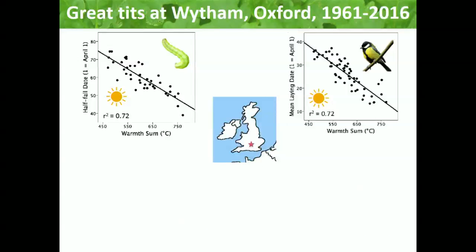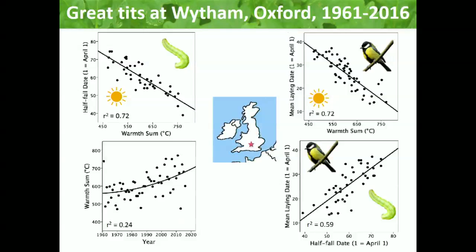So as Ben outlined in the previous talk, the tritrophic system of passerine songbirds feeding on caterpillars that in turn feed on the emergent leaves of oak trees is actually an excellent system for looking at questions relating to adjustment to climate change. And work from our long-term study population at Wytham Woods near Oxford has shown that British tits are actually tracking climate change very well by plastically adjusting their timing of breeding between years. So in our population, both the caterpillars and the tits are very sensitive to spring temperature. And this means that as